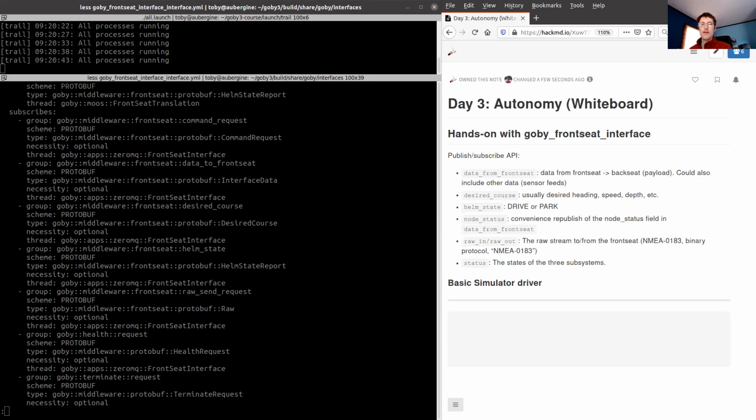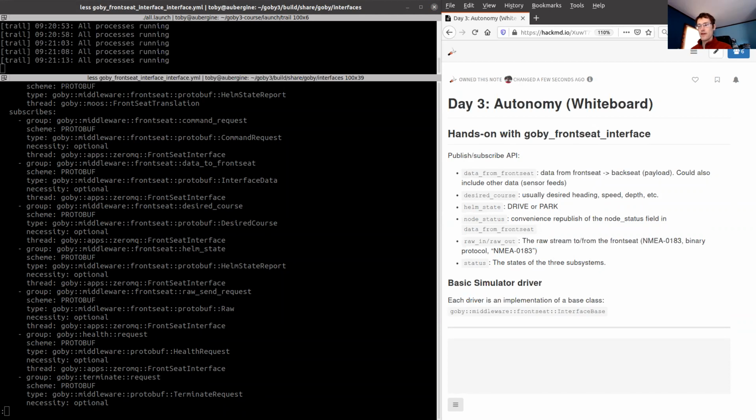Okay, so each driver that you write is going to be an implementation of a single class, and that base class is interface base, or in the full namespace qualified form, goby::middleware::frontseat::InterfaceBase. And we're going to look at this.